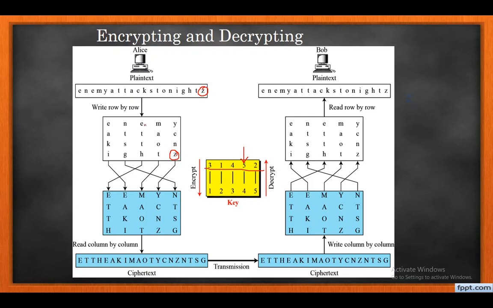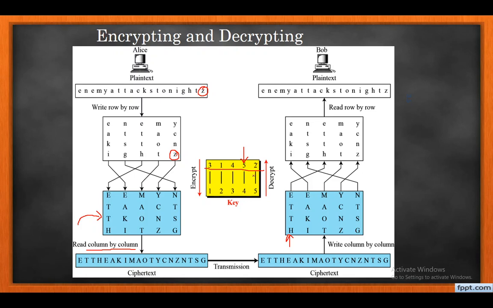Now third column first. What is the extra thing here? You are writing this message matrix again. You have written third column first, first column second, and then while reading you are reading column by column. I think in the previous slide it is mentioned as read by rows because it is the same in the rail transposition cipher, but here in this case you are reading column by column. You will transmit this, and only the encrypted message is transmitted to the receiver. So I will write this also column by column. See here, the message has been written column by column.